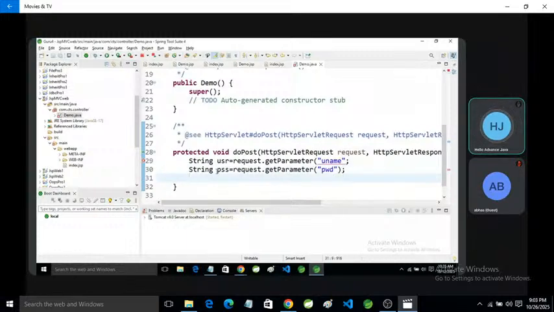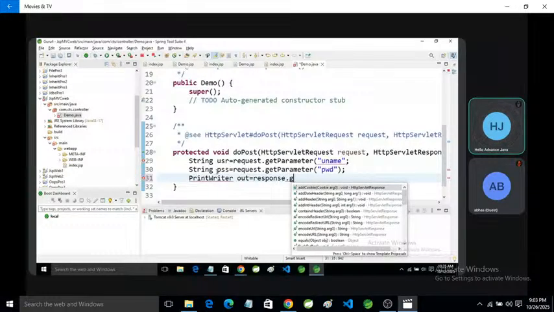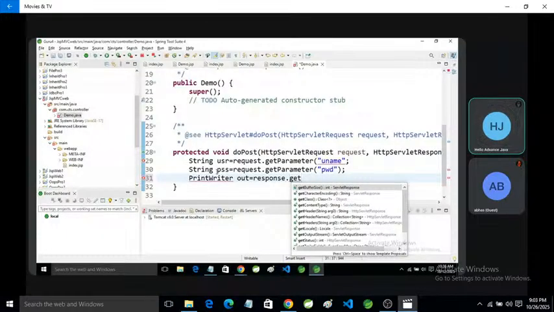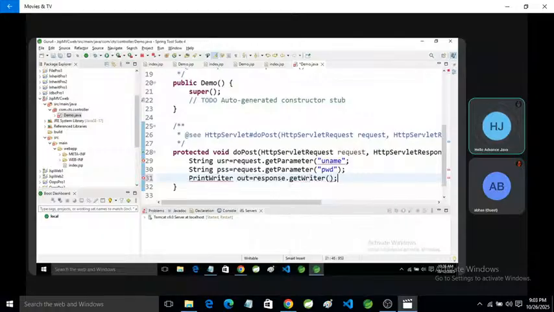And now we can create the PrintWriter out is equal to response dot get writer.